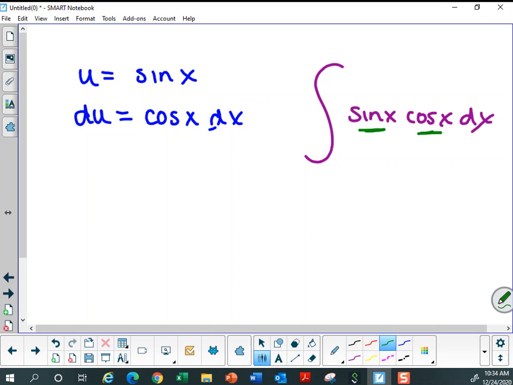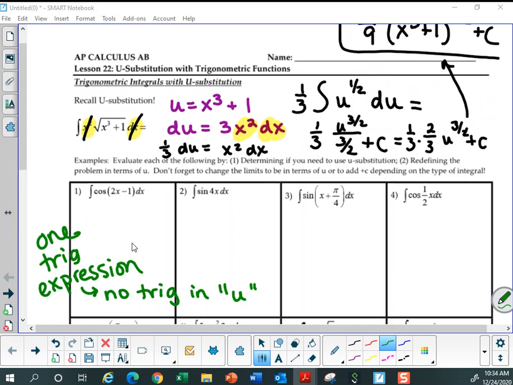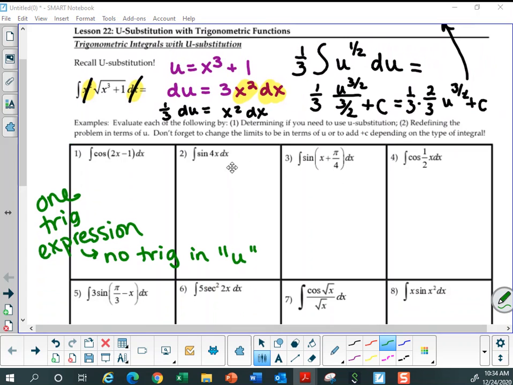So if you don't have multiple trig expressions, then you're most likely looking at a problem where if it is a u substitution, the u substitution involves the argument of the trig, what you're taking the trig function of. So for example, in number 1,